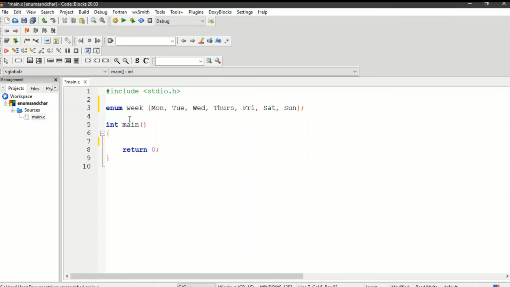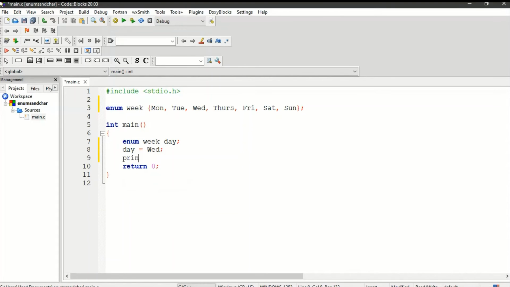Now we declare a variable. How do we do that? Enum keyword, then our enumerated data type, and then the variable. I just need one variable, so I'm putting no commas. So now I give the value. Day is equal to Wednesday. Wednesday is there in my list, so there will be no error.